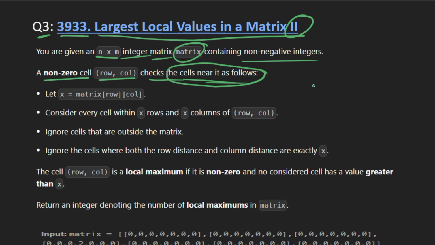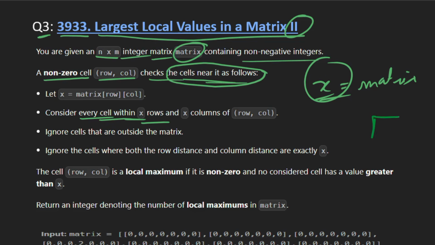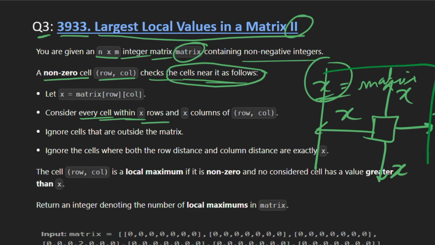Suppose the value of that particular cell is x, then it will consider every cell within x rows above, x rows downward, x columns in the left direction, and x columns in the right direction. So basically a square of side 2x plus 1.